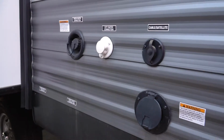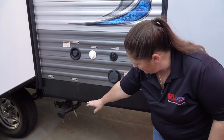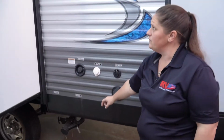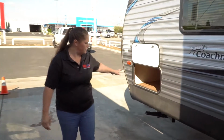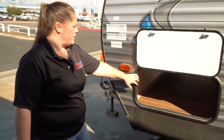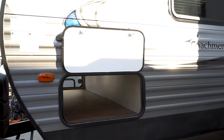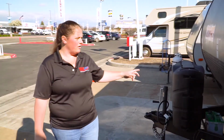And then you're going to have all your connections when you go to your campground. Your dump station is going to be right below that for your gray and your black tank. And then this is your large slide out. This is going to be your pass-through storage, so you can access it from both sides. So you have a large storage area to put your chairs in or all your camping gear. Up in the front is going to be where your battery goes. And then you're going to have your 2